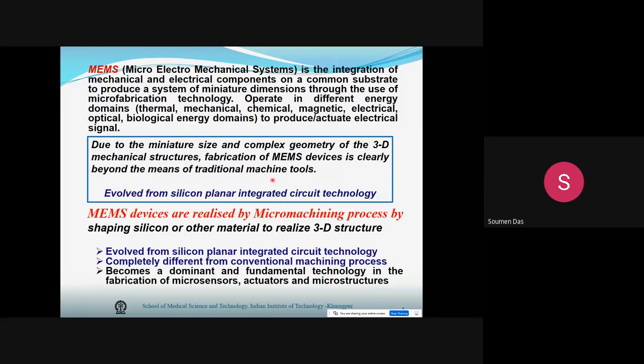Whereas in the traditional machining tools, it is a sequential process, and therefore it consumes not only time but also the usage time of the machine and all. This all involves, and therefore the cost is huge. But planar technology gives you a much cheaper cost. Okay,